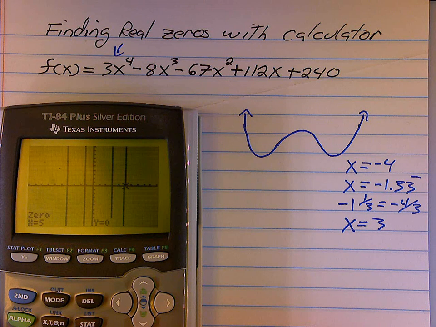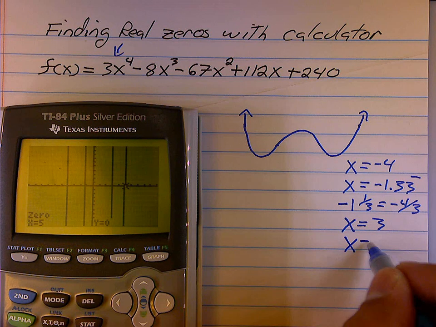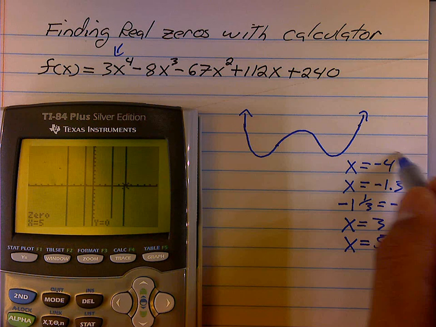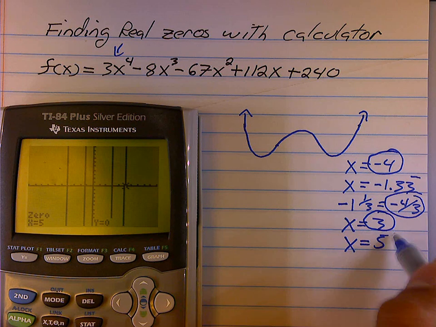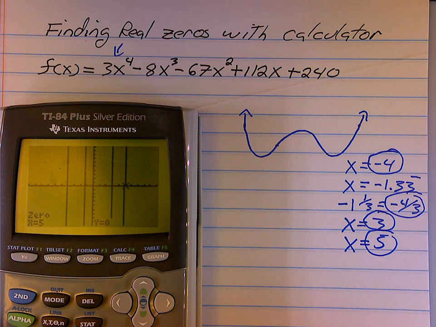And my guess was correct. But it didn't have to be correct because the calculator will find the value. I have now used my calculator to find all 4 of the zeros for me,